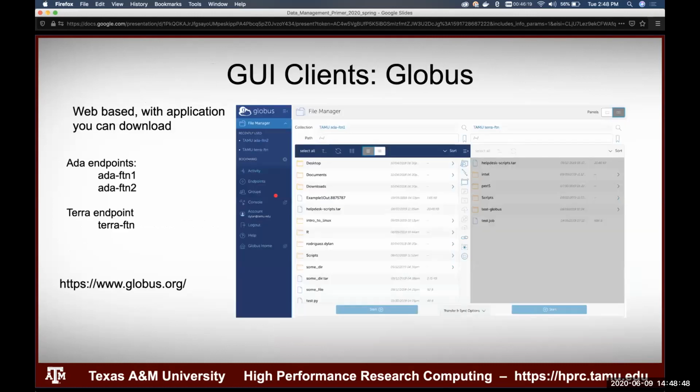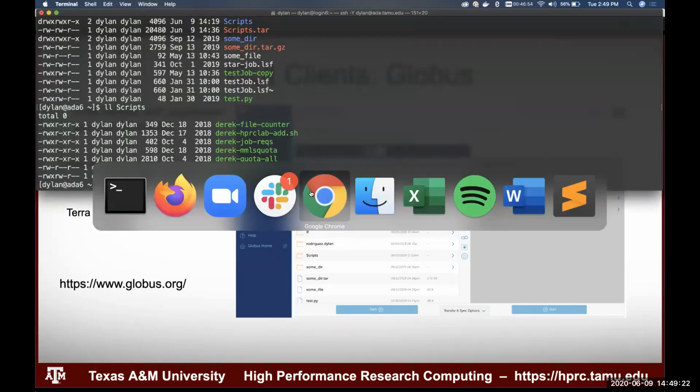And then lastly, Globus. The way Globus works is it's web-based with an application you can download. The application is optional; you don't need it. Globus shines when making transfers between two hosts. So if you have a lot of files on Terra that you want to migrate to Ada, or vice versa, this is where Globus comes in. You can access Globus by going to